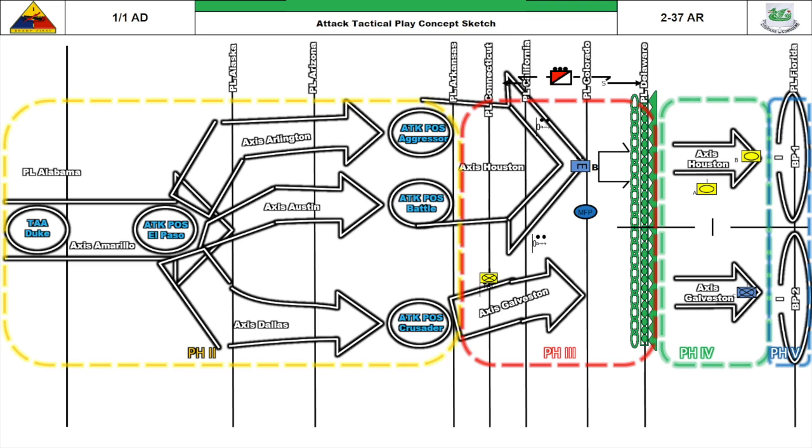Mortars will bound forward to establish a hasty mortar firing point in vicinity Phase Line Colorado to support exploitation and pursuit with on-call fires. At Phase Line Florida, LOA, Charlie Company and Bravo Company will establish Battle Position Battlecat and Battle Position Crusader. Phase 5, Consolidation and Reorganization.